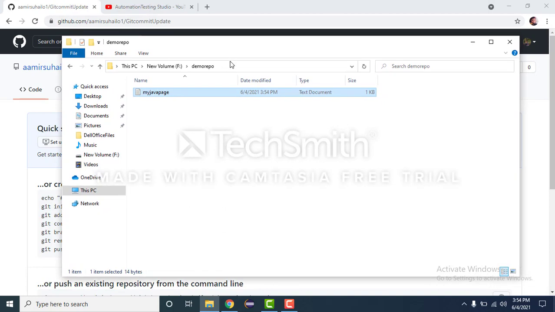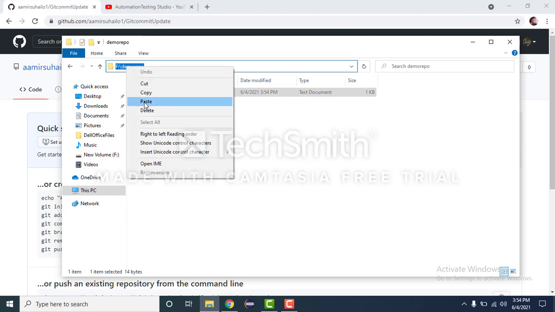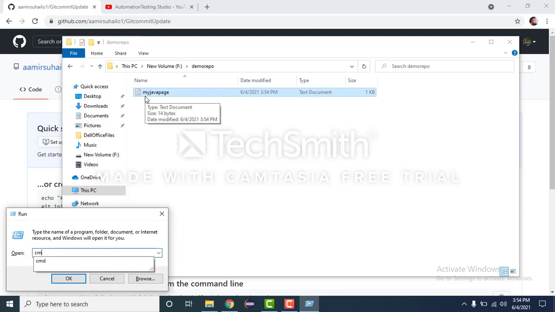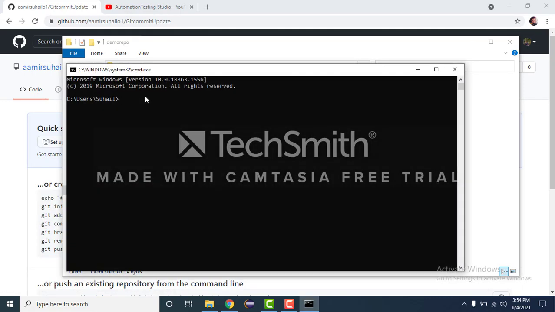For that, I'll copy this part, and after that I'll open command prompt. Remember, if you want to do it from GitHub, you need to install Git from the internet, then only you'll be able to do it. While installing it, you should select the option to allow running the commands from CMD. As I have done that, let us now see how we will commit to GitHub and how we will change the git commit message.